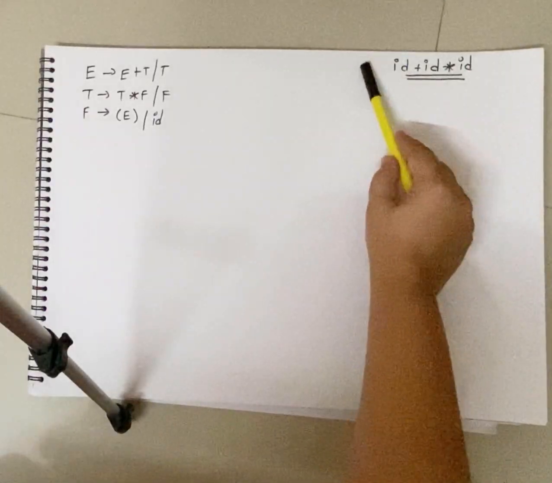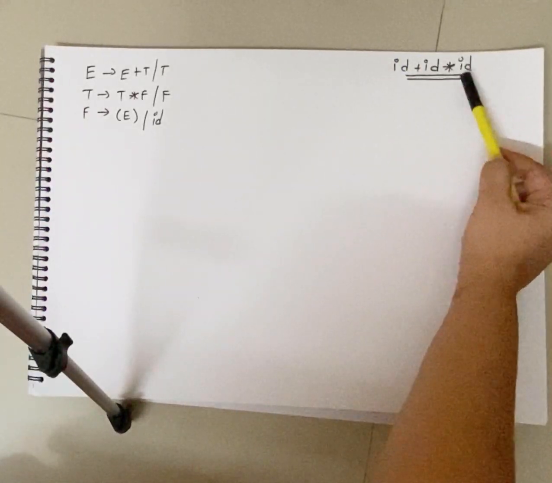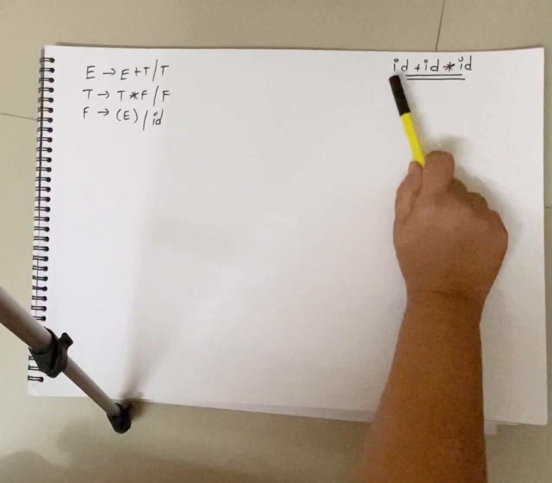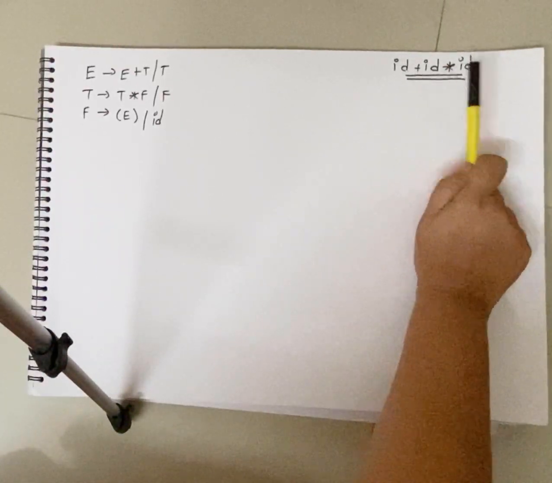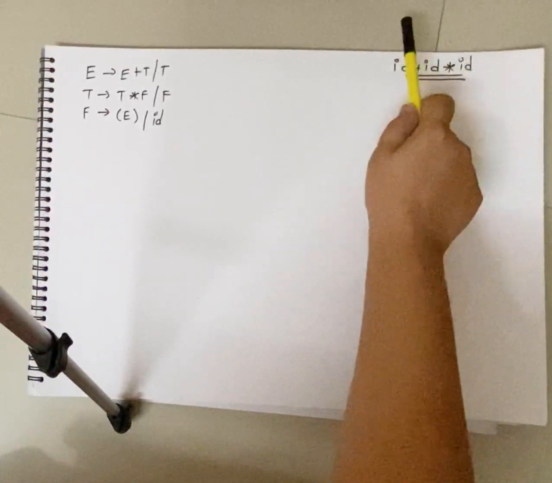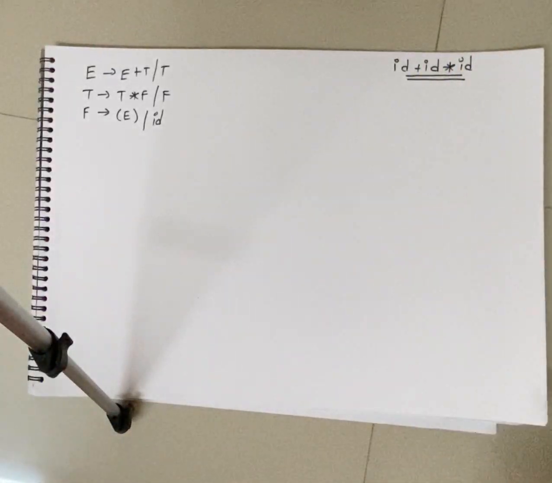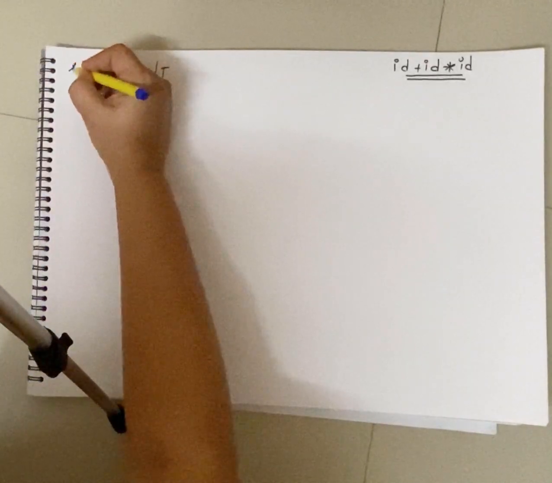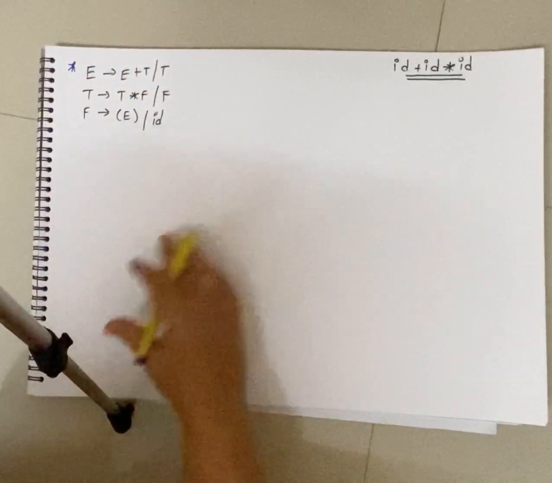Suppose we have an expression id plus id multiplied by id, and we need to validate whether this is syntactically correct or not by applying a top-down parser. How are we going to do that? Let us start from scratch, which means we are going to follow the entire procedure. For that, we first need to consume our grammar, create the parsing table, use the